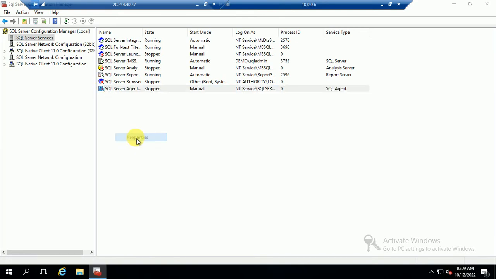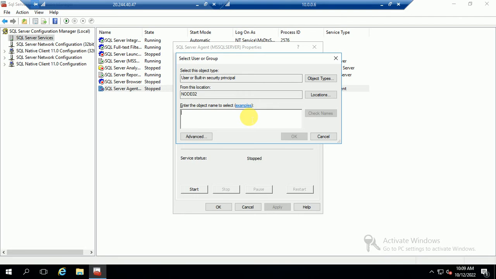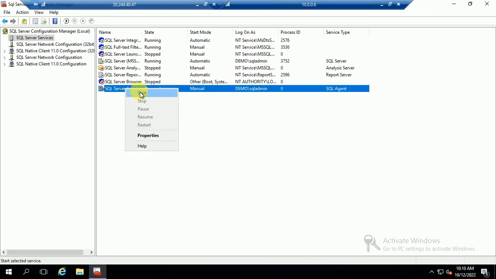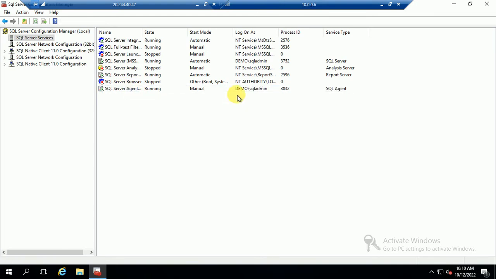Same thing I want to do for the agent. Enter your password and click OK. Okay, and then restart. So basically my SQL service and agent service are configured with the domain account and the services restarted. Next,